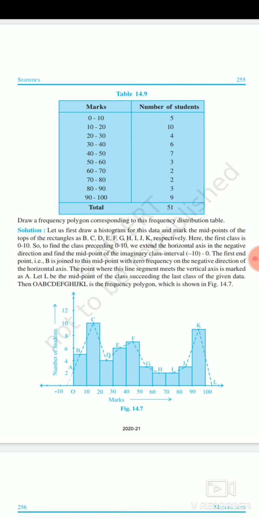So for that 0 subtract 5, that is minus 5, and for 100 addition, so 105. So in our x-axis for minus 5 you are going to plot a point. In our y-axis you are going to plot 105, right? So this dotted line from A to L, it's a frequency polygon. Now you can draw your frequency polygon using a histogram, or